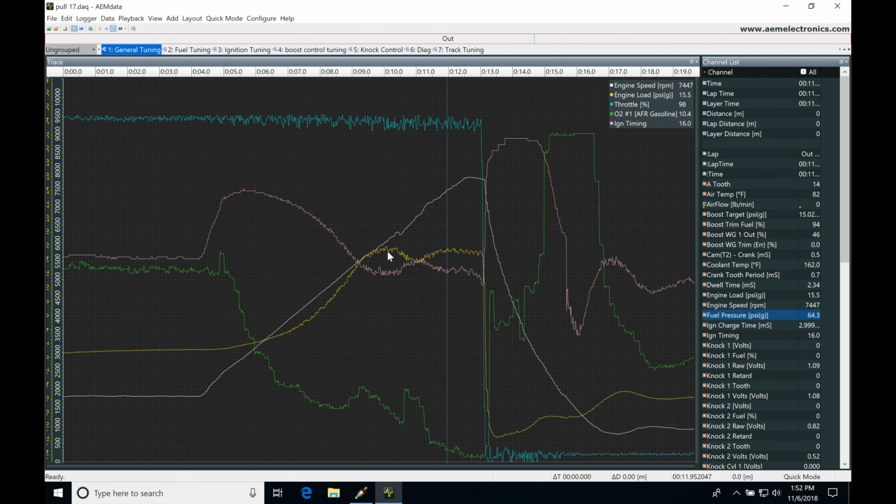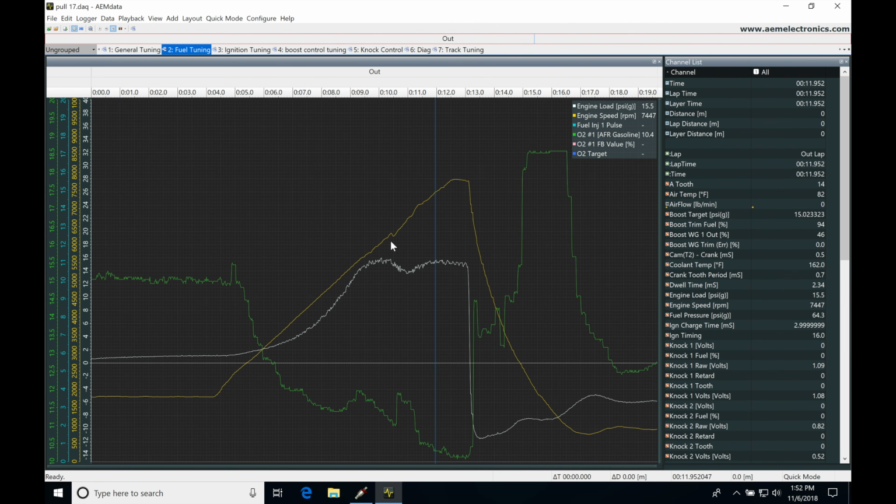So how do we go and add this to our AEM data here? Well, it's pretty straightforward. I'm going to go into my fuel tuning tab. I'm going to add my fuel pressure differential into this tab. Now you have to have your fuel pressure sensor added to your fuel system. You can't do this unless you have it added to your fuel system. And I personally recommend that you add a fuel pressure sensor to your fuel system and wire it into the Series 2 and then configure it. So real quickly, if we jump into our calibration file,